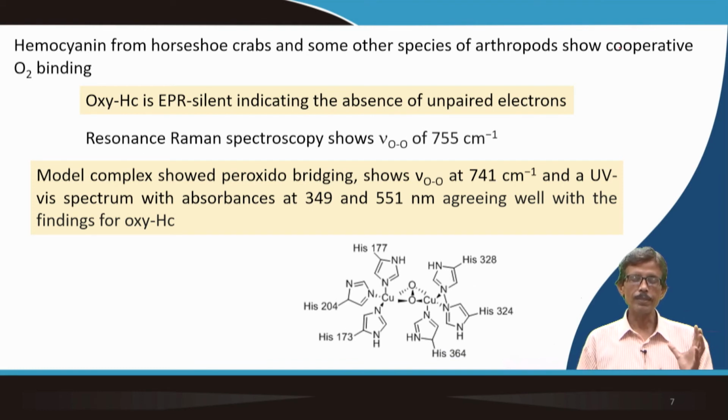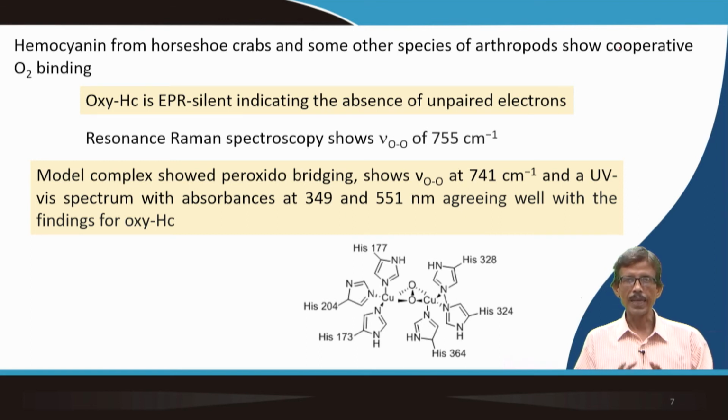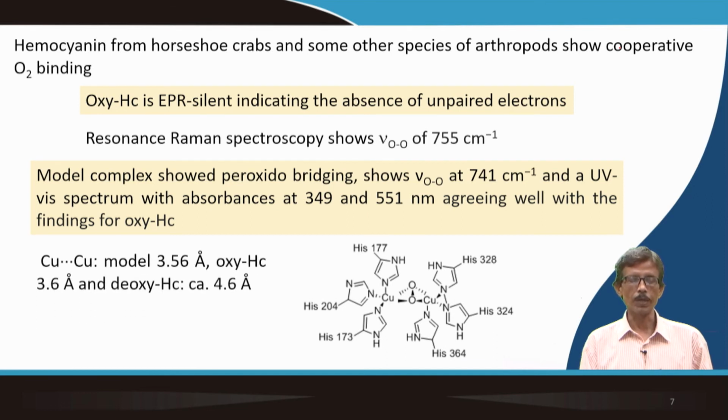So, now everything is remaining in the side, because your histidine 204 is going back a little bit, and your histidine 263 is also going a little bit back when your O2 molecule is coming and binding in this particular fashion, but that was not the usual binding of the peroxide molecule to two copper centers, that has been established also afterwards. So, when people prepared the CuCu model compound, your separation between these two states is 3.56 angstrom, which is